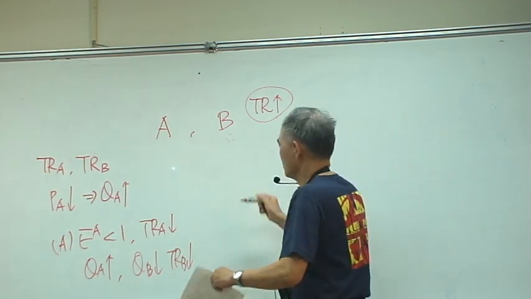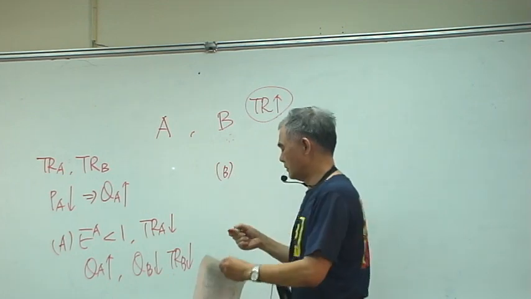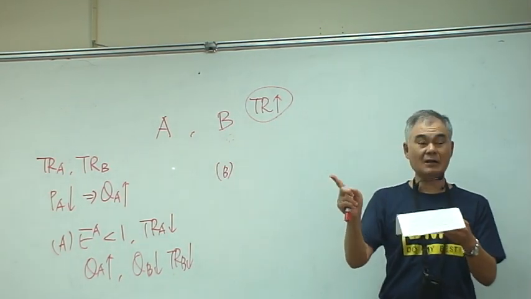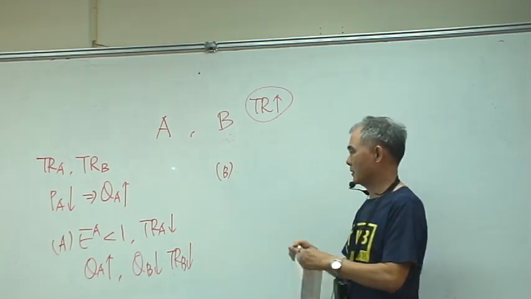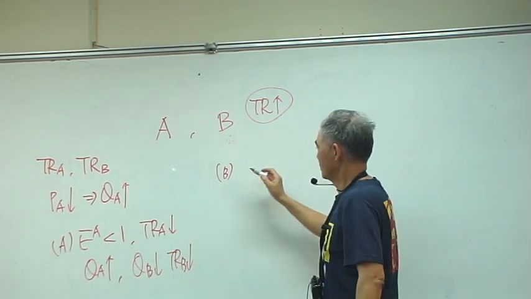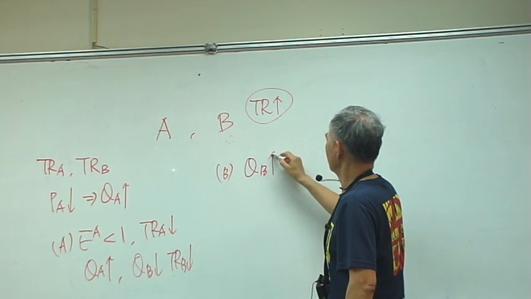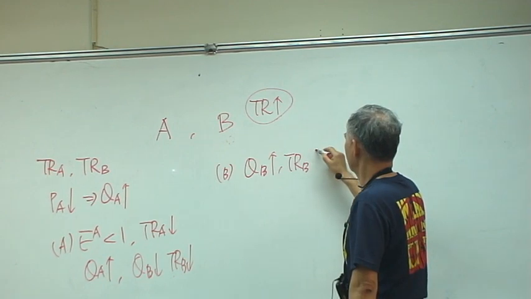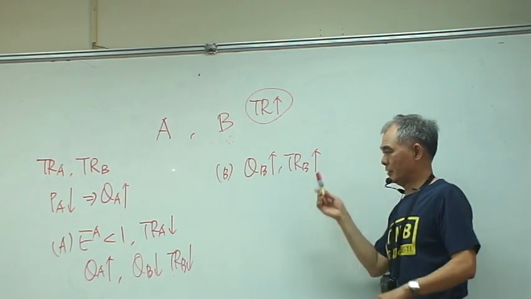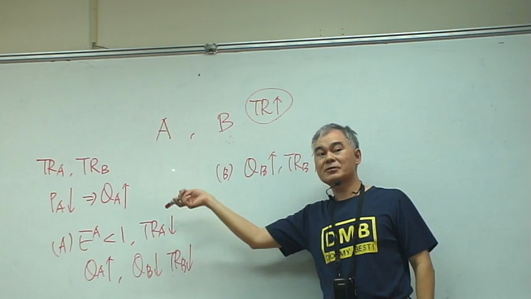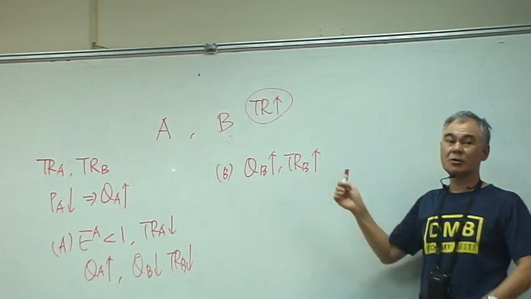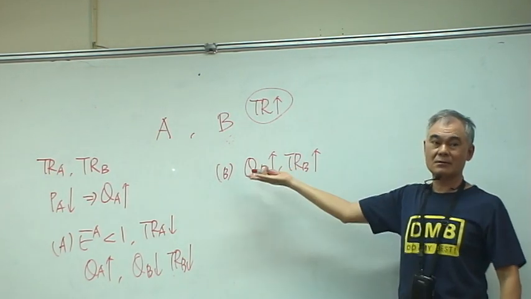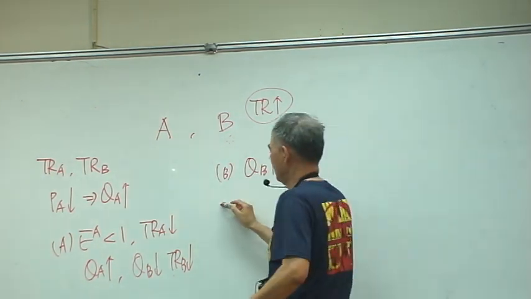Okay. Choice B. The difference is they are complements, so they are consumed together. So forget about this part. We know that QB will go up. If QB goes up, then total revenue of B goes up. So now the question is, total revenue of A goes down, and this goes up. So one up, the other down. We want to make sure that it's up, so this one doesn't count. And then C